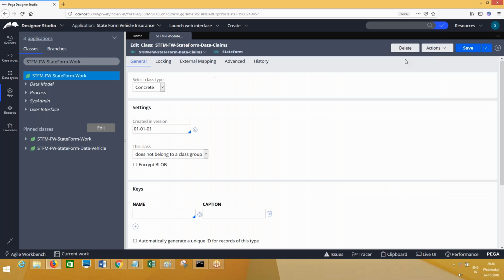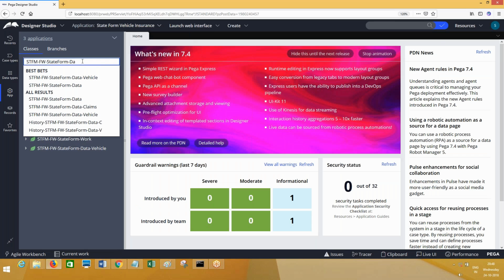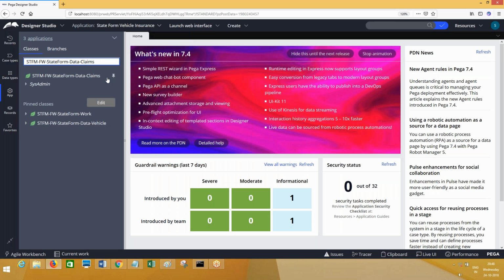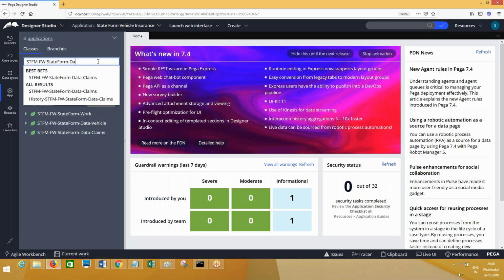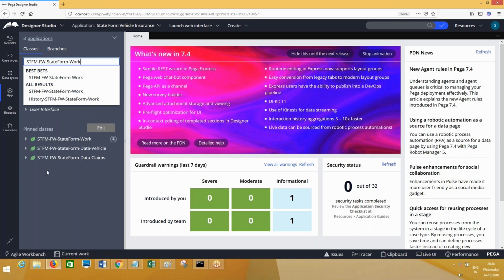Next I want to create properties. How to create properties? Okay, this class also I am going to pin, so it is not required to access it again and again. If I pin it, that will be fine. It will be available here. So now properties, how to create? Create properties. Yeah.